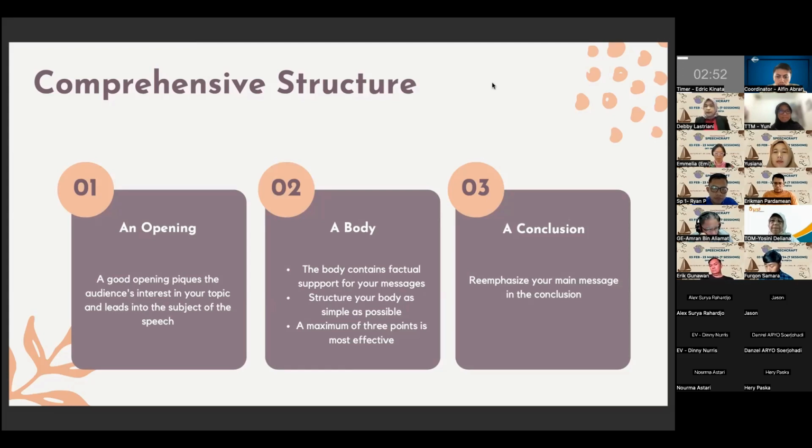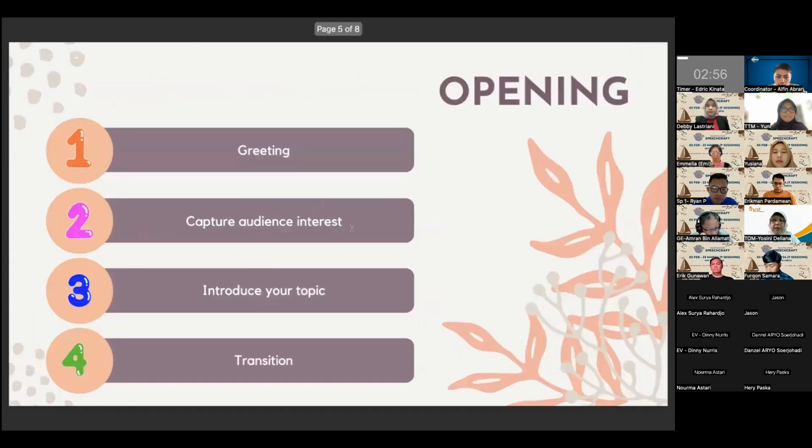Now, I will go into details of each one. In the opening, we have 4 components. First is greeting. For greeting, you can say good morning, good afternoon, good evening, or ladies and gentlemen.